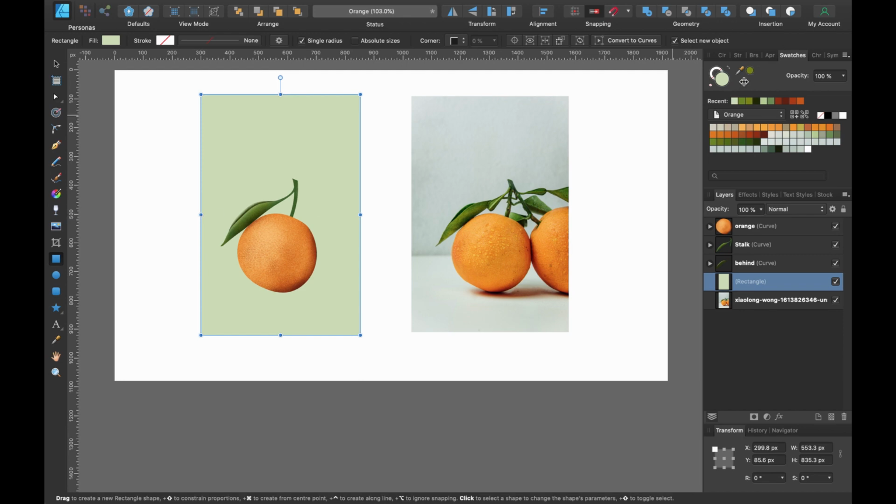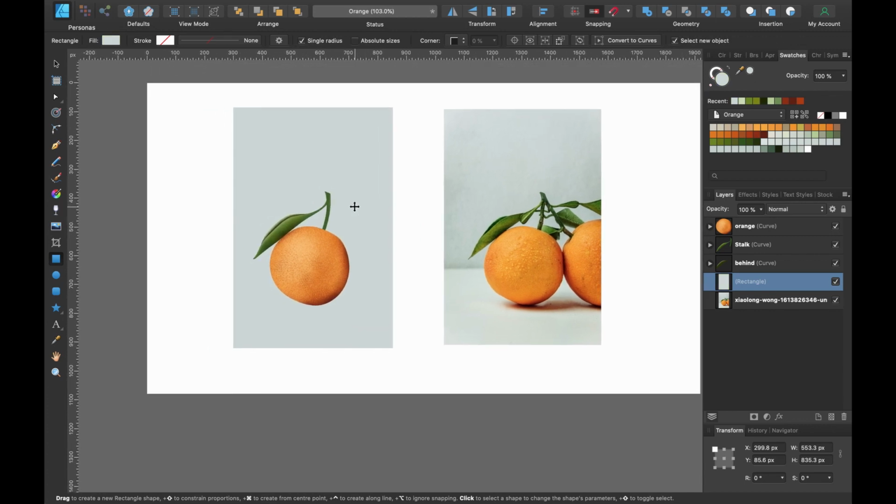Right, let's change the color of that. I'm going to grab the eyedropper tool. I'm going to hit it on the background and click, and now that's changed the color of that one. Now let's grab, I assume this is a table that it's on. So what I'm going to do, I'm just going to duplicate the shape we already have there. So I'm going to press Command J to duplicate it.